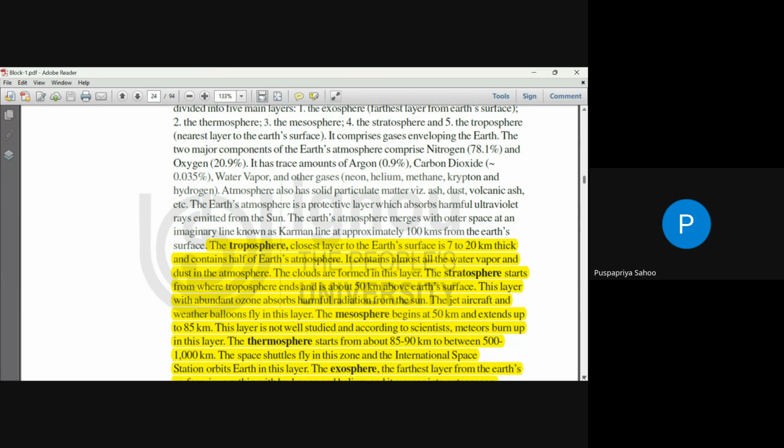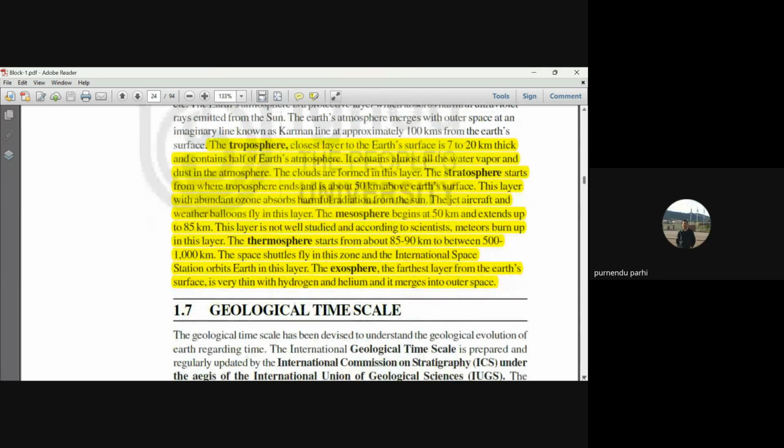The thermosphere starts from 85 to 90 km to between 500 to 1000 kilometers. These space shuttles fly in this zone, and the International Space Station orbits Earth in this layer. The exosphere, the farthest layer from the Earth's surface, is very thin with hydrogen and helium, and it merges into